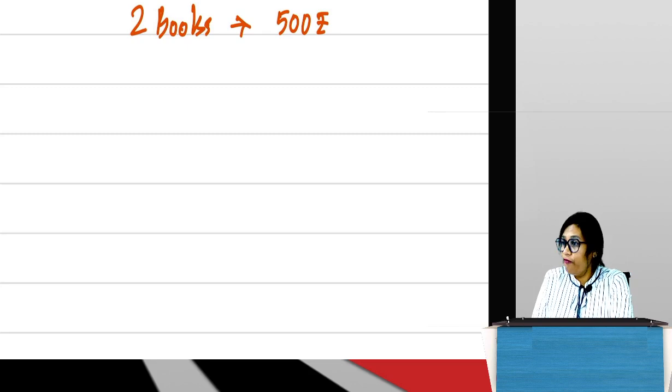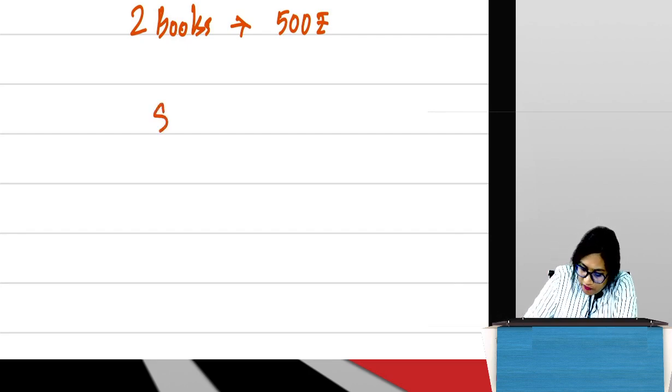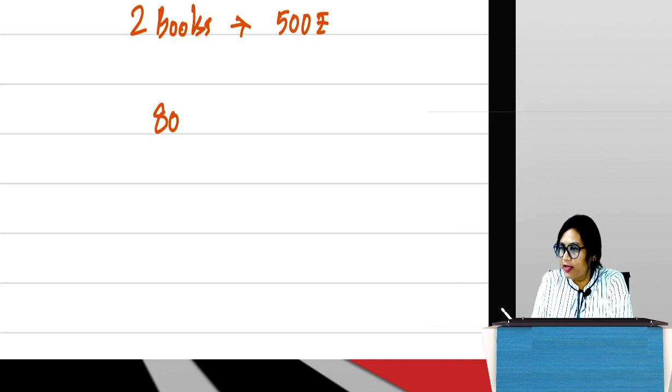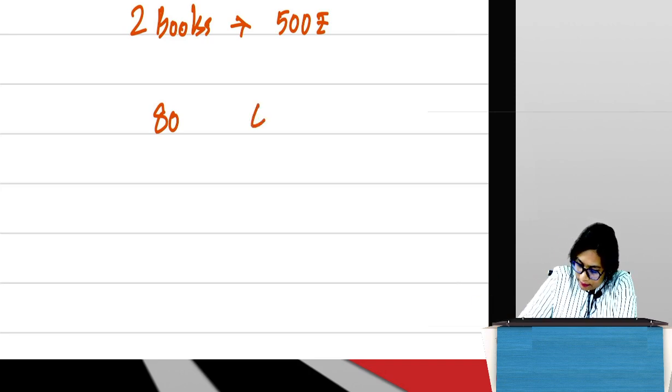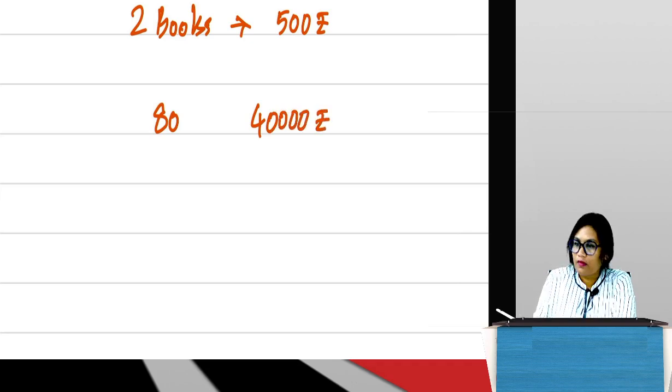Now, before this class started, 80 of you told me you will come for this class, correct? So now if 80 people come for this class, I have to give 80 sets of books to all of you, 1 set for each person. So how much am I going to incur? 80 students into 500 rupees per set, correct? So how much is that? Correct? Now let's say only 60 turned up.